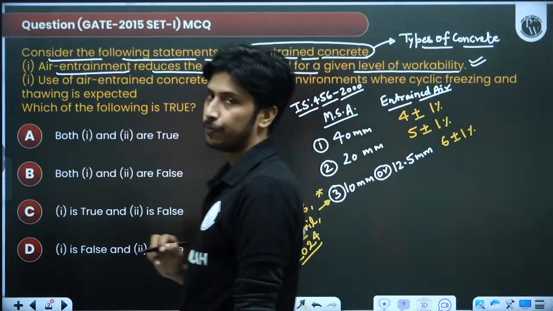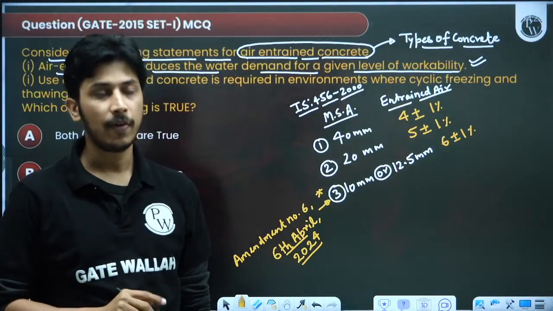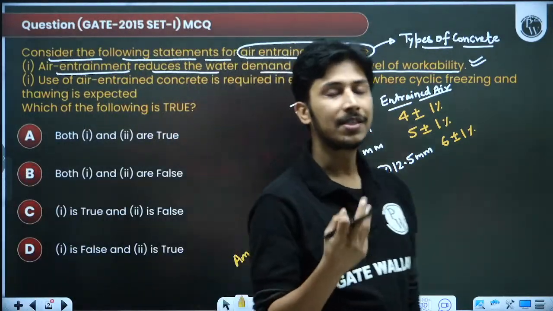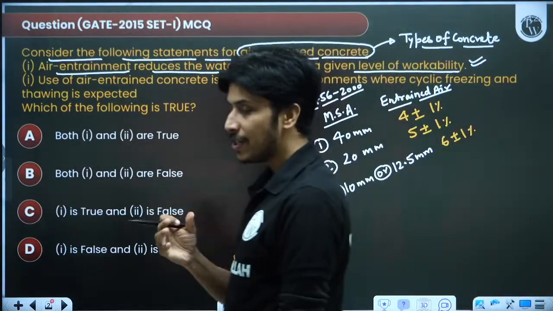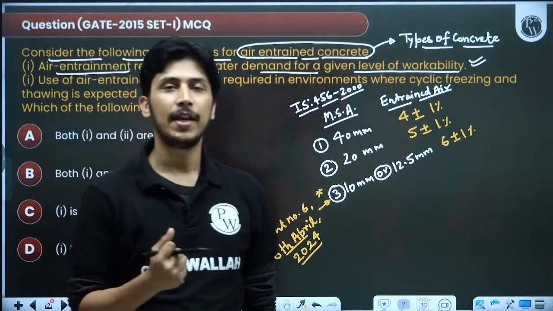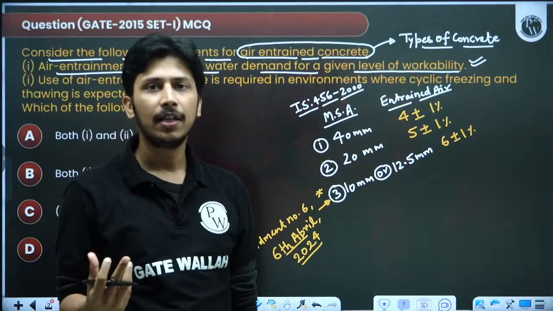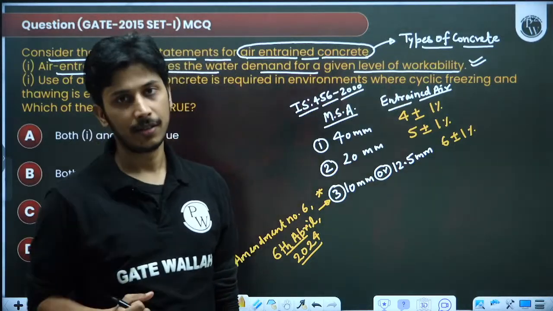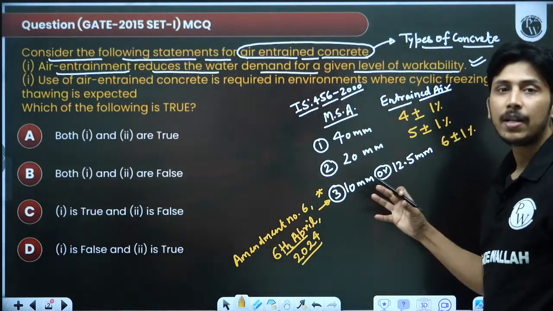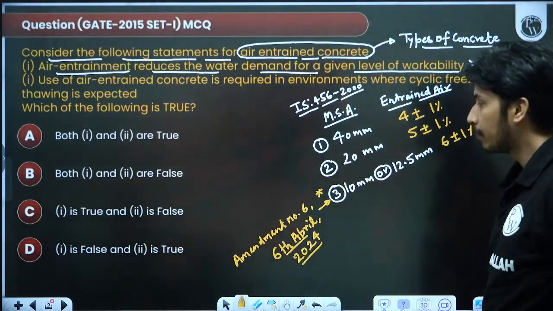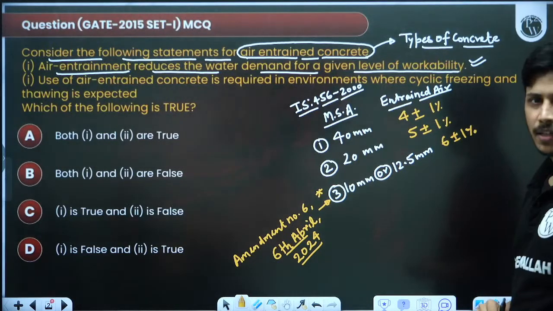So these things you must know. 4% for 40 mm, 1% more for 20 mm, 1% more for 10 mm or 12.5. As you know that when the size is reduced, the void ratio increases. Do you know this thing? Whenever you are reducing the size of any material, any soil particles or any aggregate or any silt or any clay, any sand, if you are reducing the size, the void ratio will increase. So when the void ratio will increase, you should have more entrapped air, because more number of particles are there to slide, then more air is needed. Are you getting my point? So this thing you must know. I think this is given in page number 18.